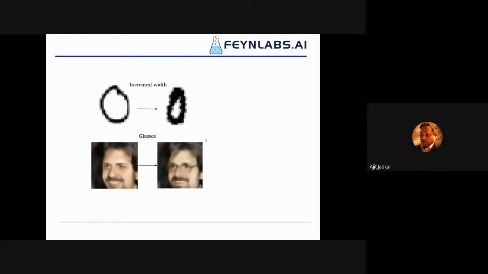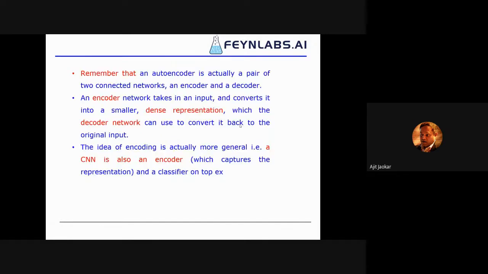So for example, if I have this person with glasses, I can actually add glasses to this person, without glasses, with glasses, or I can decrease or increase the width of something. Yes. So given a particular data, you are able to effectively vary certain features with it. In this case, we have added glasses to the person, or you have decreased the width of something, and this is how you sort of start to build those ideas with that.